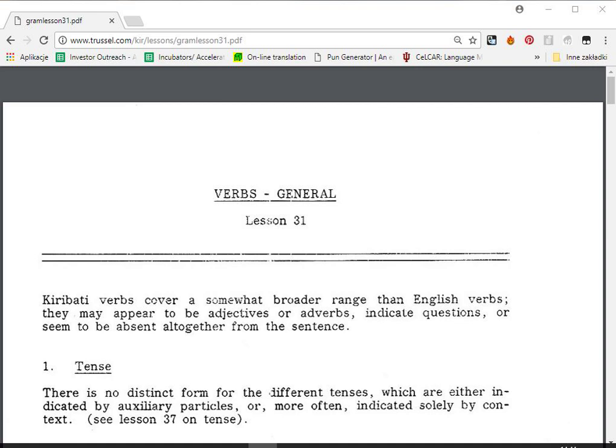But in any case, I noticed that I've had trouble sculpting sentences in Kiribati on my own. And so one fix I really thought would help would be if I were to actually look at this grammar packet about how to use verbs in Gilbertese Kiribati. And what I found actually really surprised me, and I'll definitely read through everything with amusing commentary accordingly.